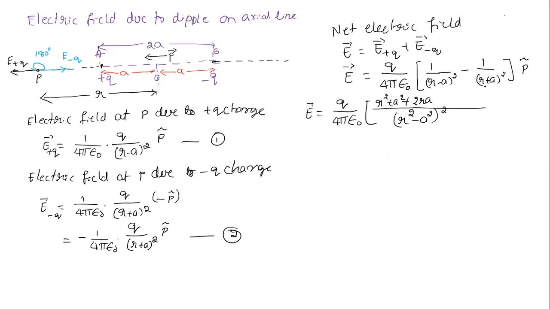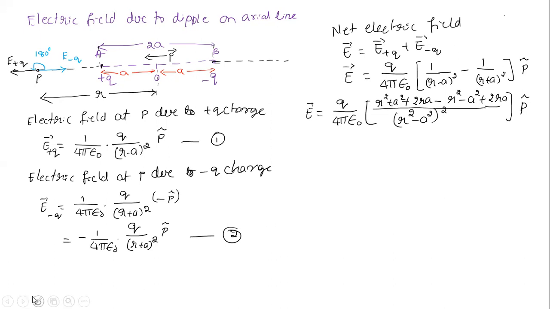That is (R square minus A square) whole square. That means R minus R plus A whole square. I'm going to expand it. There is a negative sign, and I'm going to expand this like (R minus A) whole square. It will become R square minus A square plus 2RA into P cap. Why plus 2RA? Because there is a negative sign here. This negative sign will multiply the entire thing.